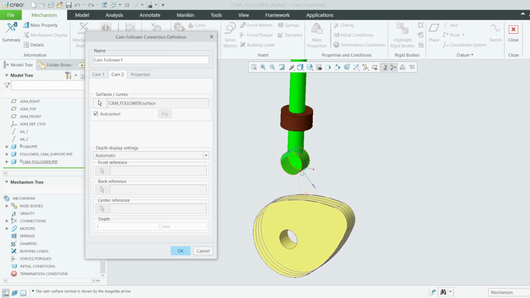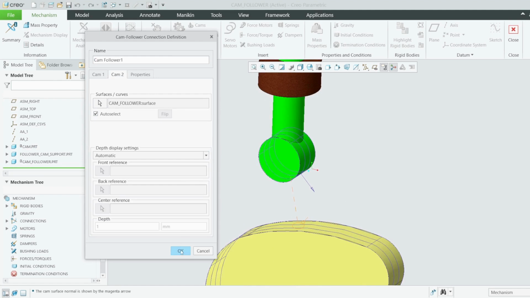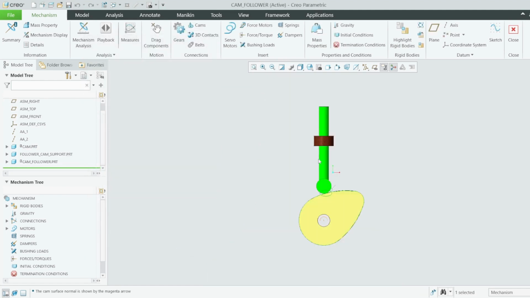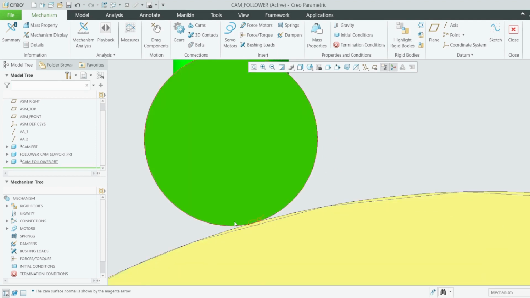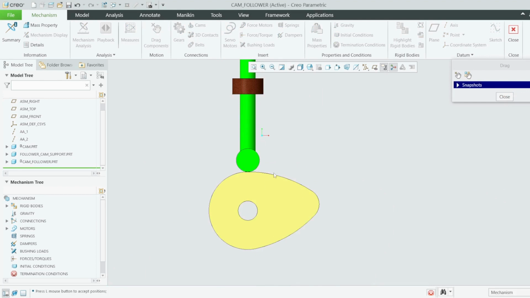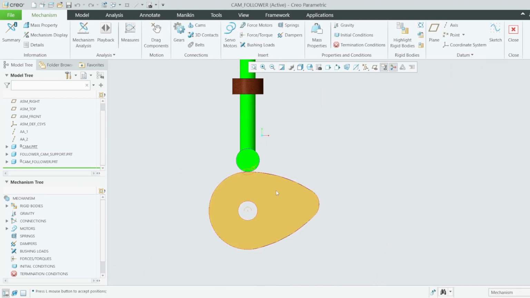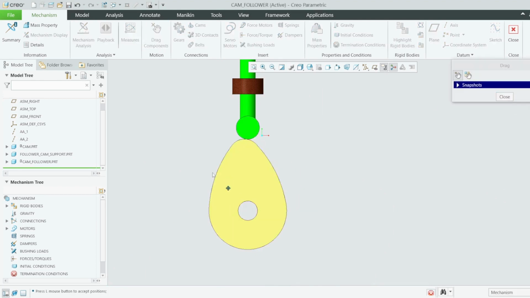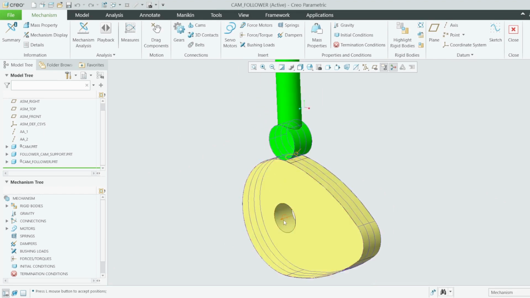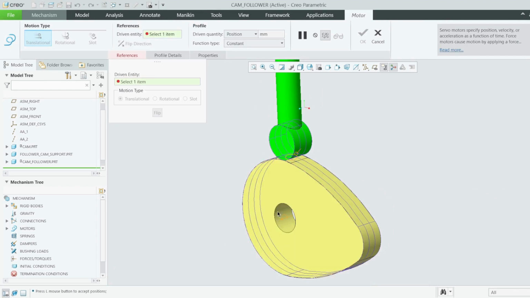Once these lines, you should have something like this. Once you say okay, they should touch. If you go to the front view, you can see now they are touching. And if you try to drag this, you can see now they are, let me try to rotate this instead. You can see it is exhibiting the CAM motion. Then let's now insert a motor onto this here to drive our CAM. Select motor onto this